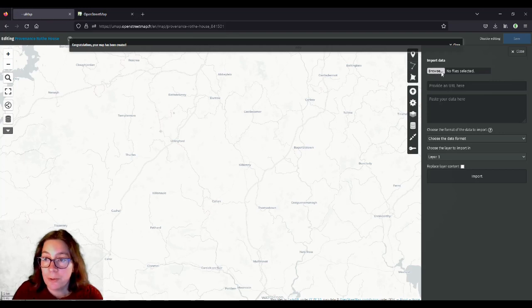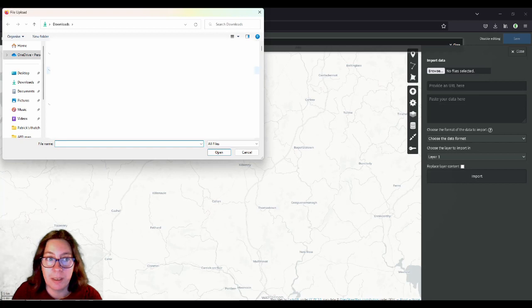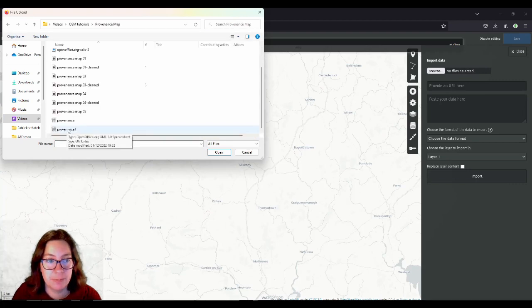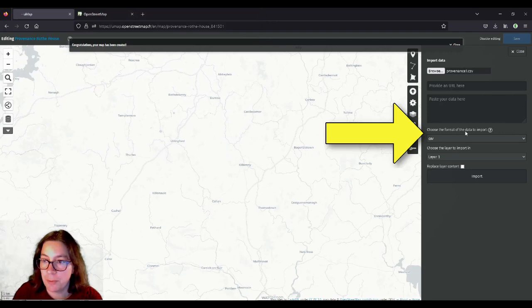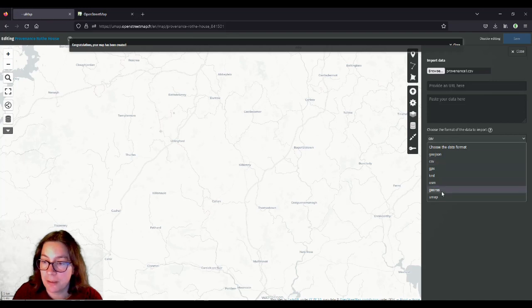And there's a Browse button, and if you've ever uploaded anything in the 1990s or 2000s to the internet, you might be familiar with this concept. They look a bit different now, mostly, but this is what they look like. So you click on Browse, and you go to the file that your CSV file is in, and you choose your CSV file, and click on Open. And then you probably didn't notice that, but here where it says choose the format of the data to import, it jumped automatically to CSV, because there are different file formats that you can import, but for our use, the CSV file is the one we want.